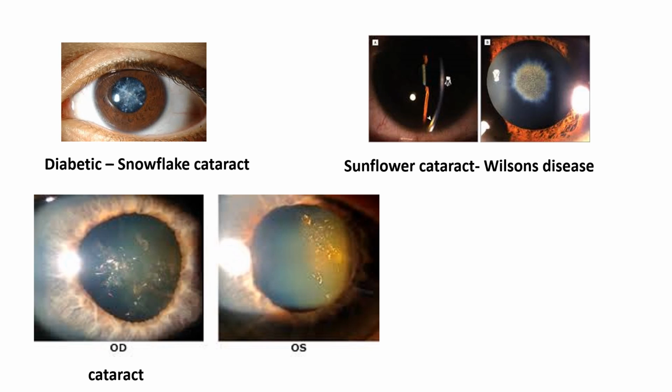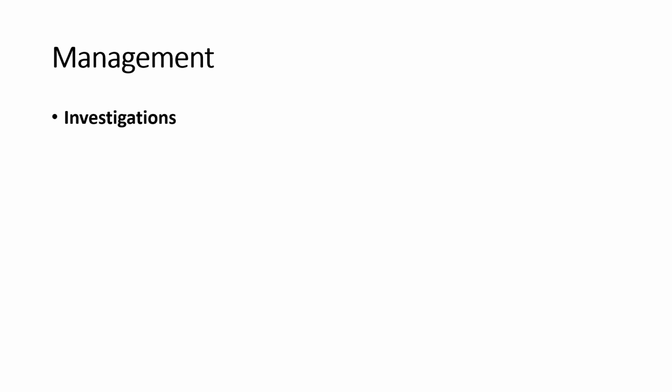Diabetic cataract, snowflake cataracts, sunflower cataract, and Wilson's disease. These are distinctive morphological types where you have to identify the types of cataract. Right now, once you give the diagnosis, the next thing is management. You have to write down what are the investigations that you do and what is the management that you would